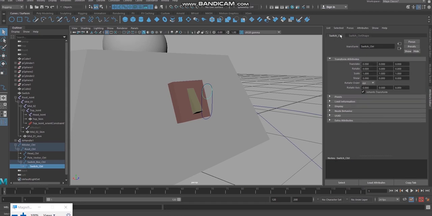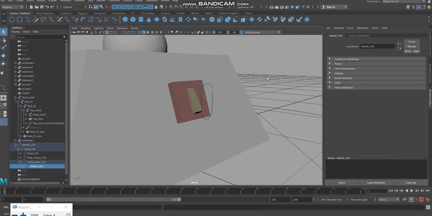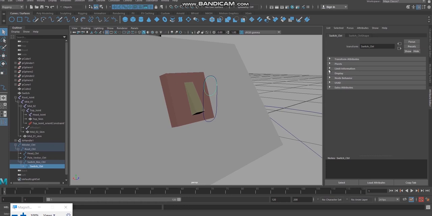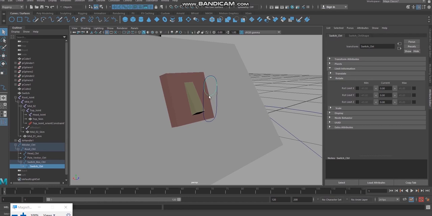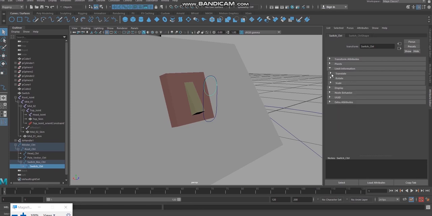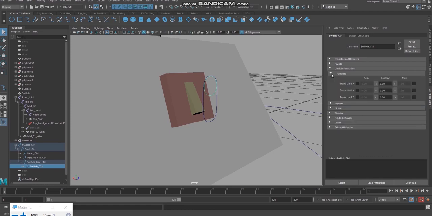So click on this control. There you can see an option called limit information. We need to limit the movements influencing the curves. So under limit information, I want to check translate. Which option is this?